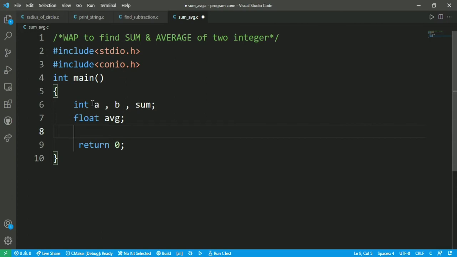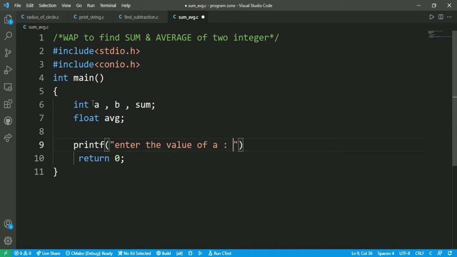After that, we have to read the values of a and b. So printf, "enter the value of a", and scanf for storing or getting the value of a, with %d.